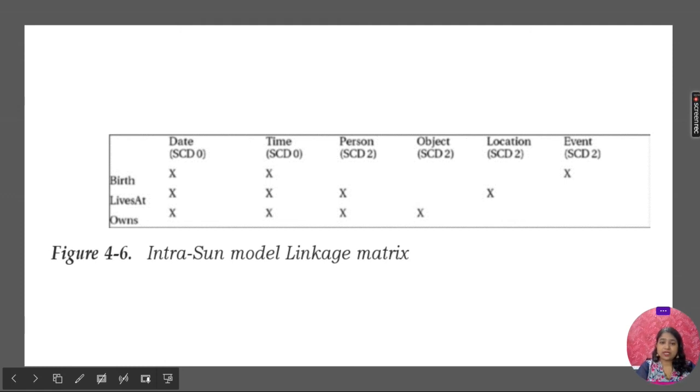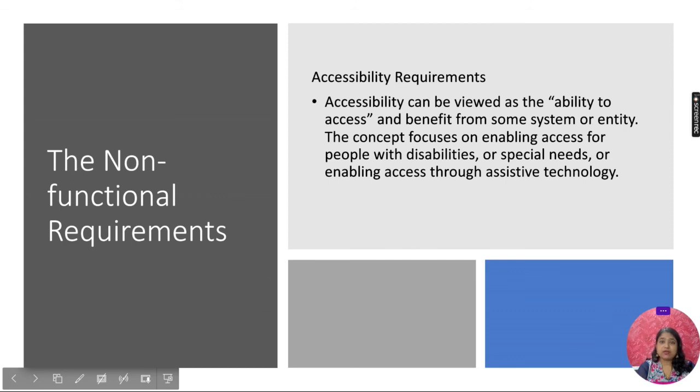So this interconnection shows the linkage between the Sun models. Now the non-functional requirements. So let's see these non-functional requirements in the next